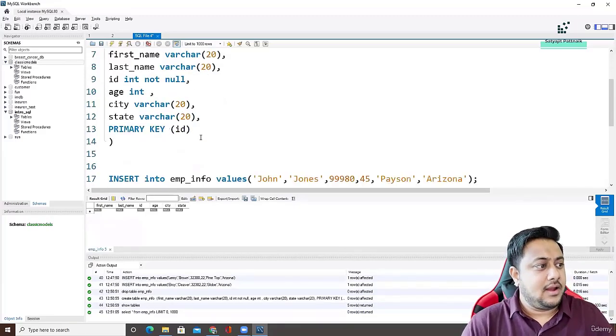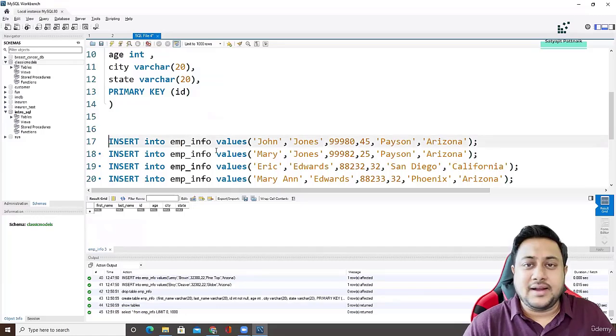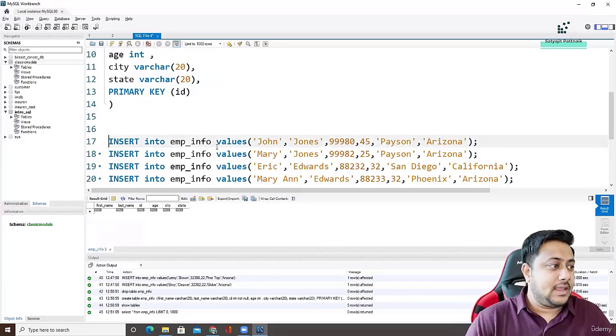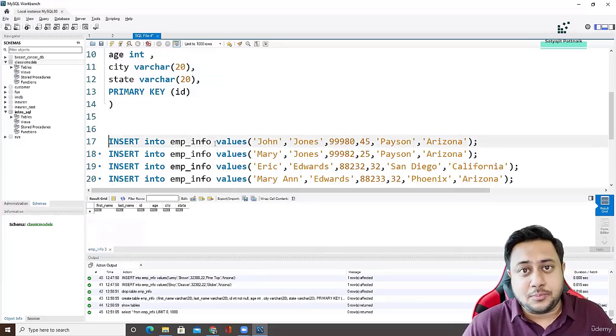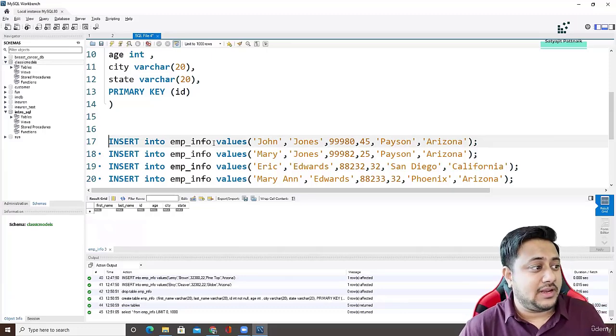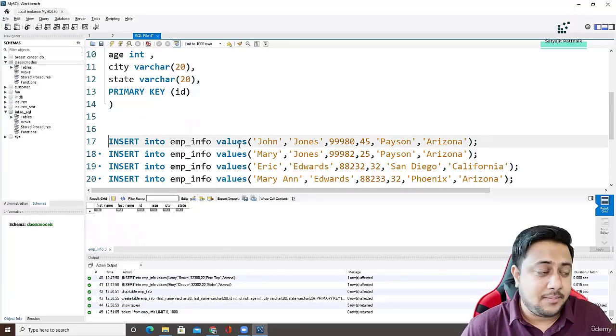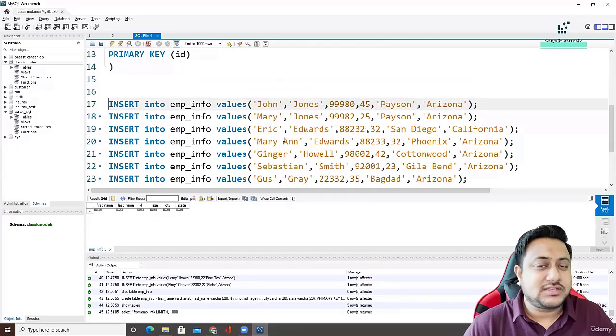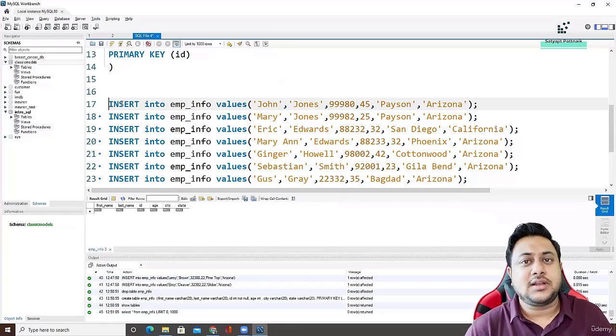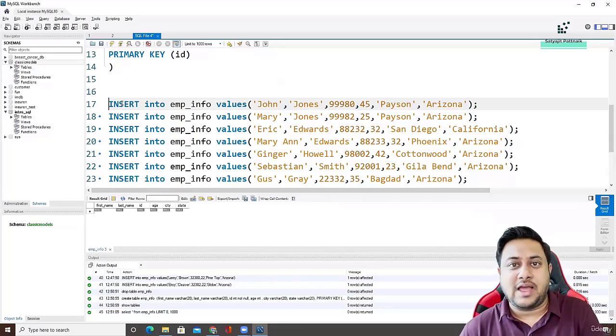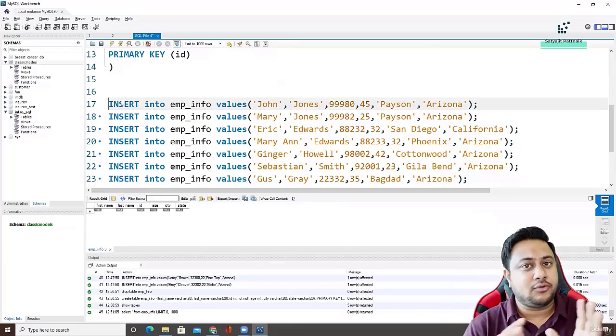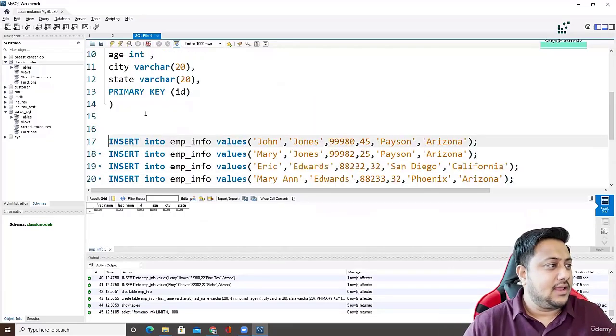The table is empty, right? As simple as that. Now, I already have written down the insert queries. In the next class, which is about data manipulation language, I will be explaining about the insert queries in depth. But just if you want to have an idea on how to create an insert query, it's super simple. Insert into table name, values, in your parenthesis, you have to pass your values, right? Let's say,